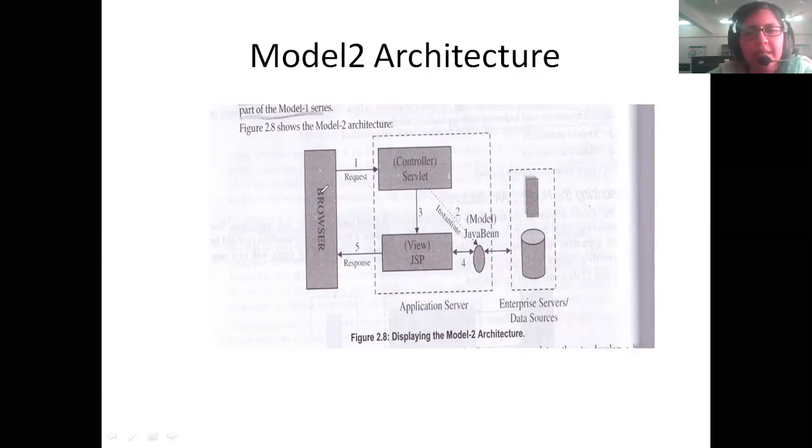The first thing is a login form is given to the student where the name and the USN number are entered. Now, when the student fills that and presses the submit button, the request goes to a servlet, which is on a remote machine, not on the client machine.